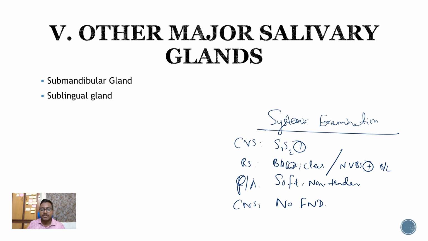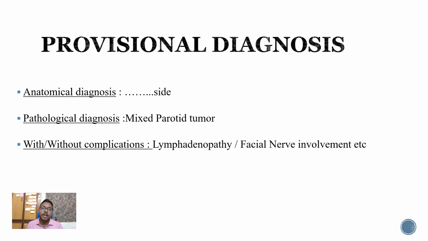Okay. So after systemic examination, you will proceed for the provisional diagnosis. I told you in the video of introduction to case sheet writing, for each particular case, you have specific headings in the provisional diagnosis. So for a parotid swelling, you have got three important headings. One is anatomical diagnosis, pathological diagnosis, and whether it is associated with any complications or not. So you will mention whether it is right side or left side. Then right side parotid swelling,